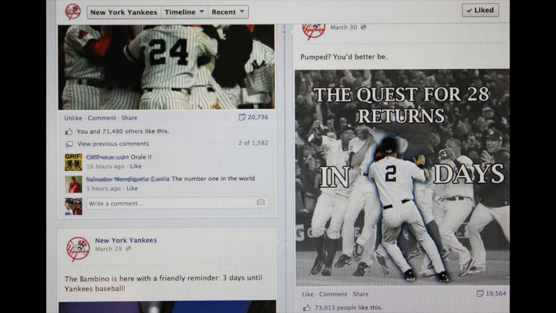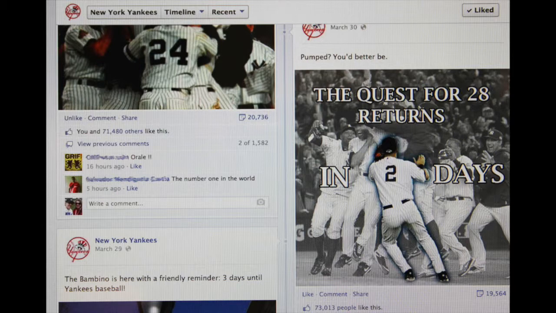For my first image, I chose my favorite baseball team, the New York Yankees. This image represents the sports marketing thrust of the marketing of sports. Now, this is the New York Yankees Facebook page, and their campaign consists of promoting their game, promoting the promotion of getting the fans excited about the new season, promoting them to come out and see what's going on.